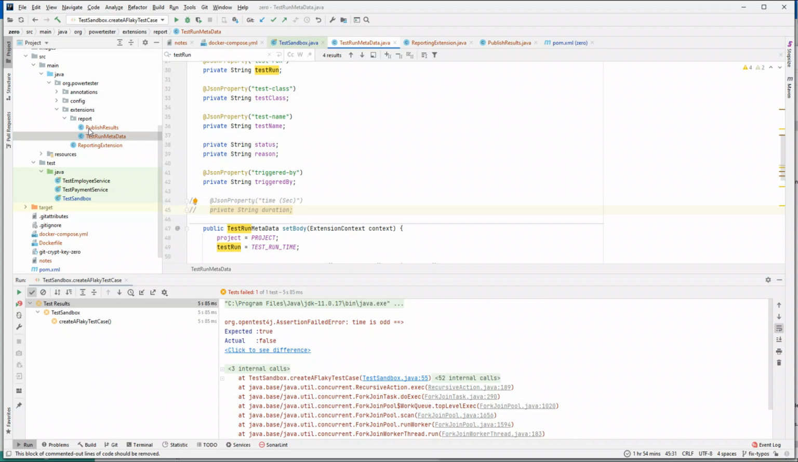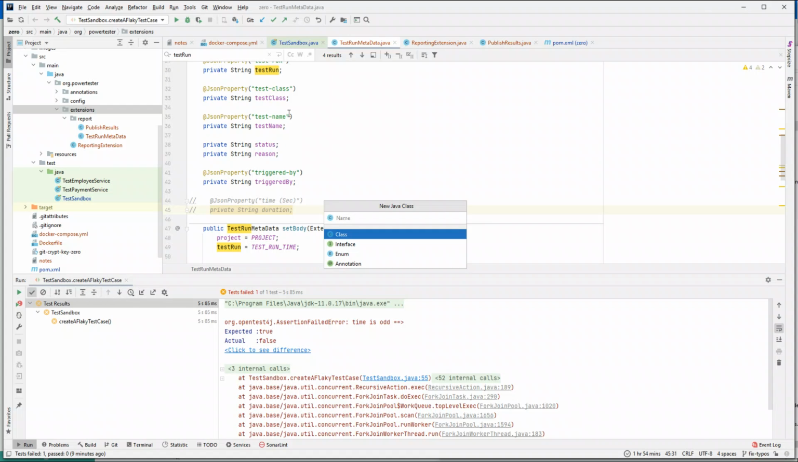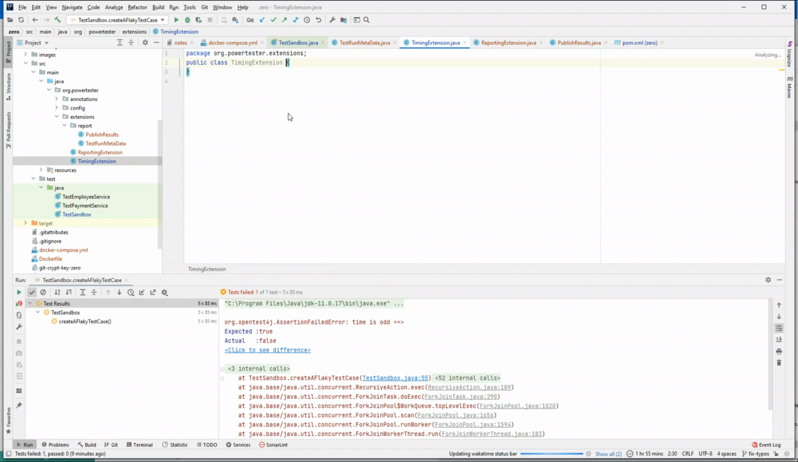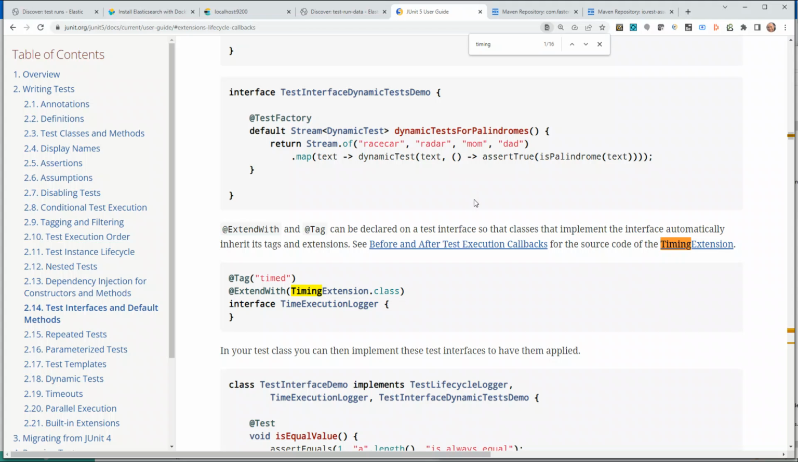So what we need to do now is, similar to a reporting extension, we also need an extension to calculate the time. So I will call it a timing extension, and most of the code that I'm going to paste here comes from JUnit. For example, this is the JUnit official documentation. If I search for timing extension dot class,